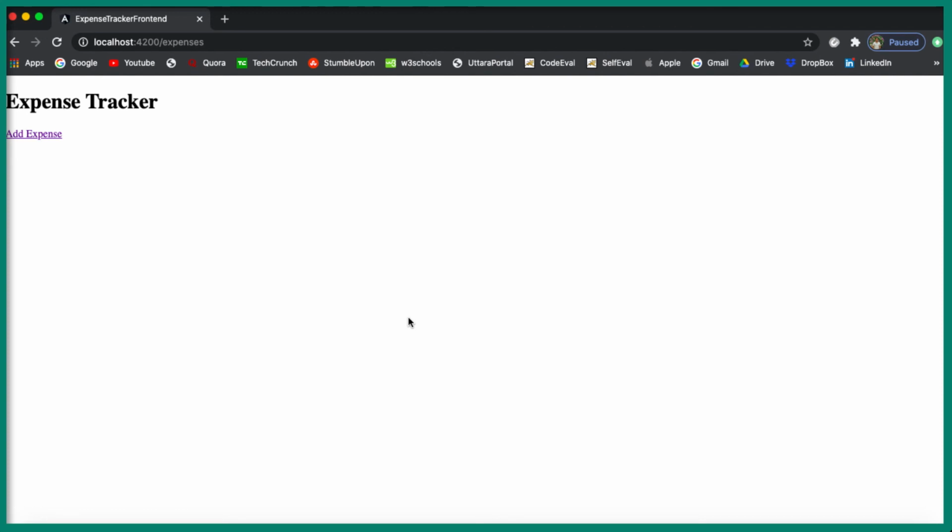Whatever I have promised is completed, but I'm still going to add a few more features to this application, which are searching and sorting. Before adding searching and sorting, I would like to add styling to this application. So let's use Bootstrap and add styling so that the application looks nicer whenever someone sees it. So let's add the Bootstrap styling in the next video, and after that we will continue with the two more features, searching and sorting. That is coming up in the next video. I will see you in the next video.